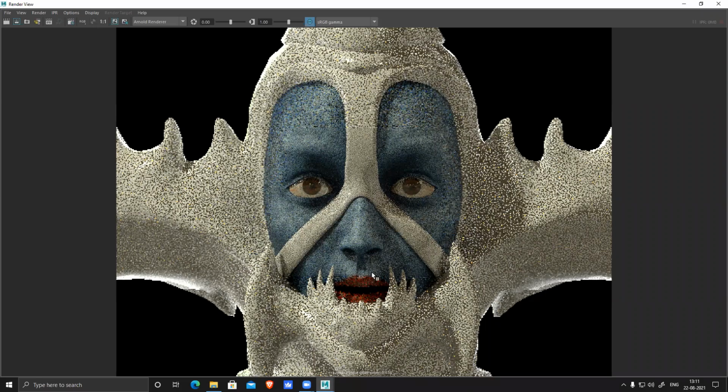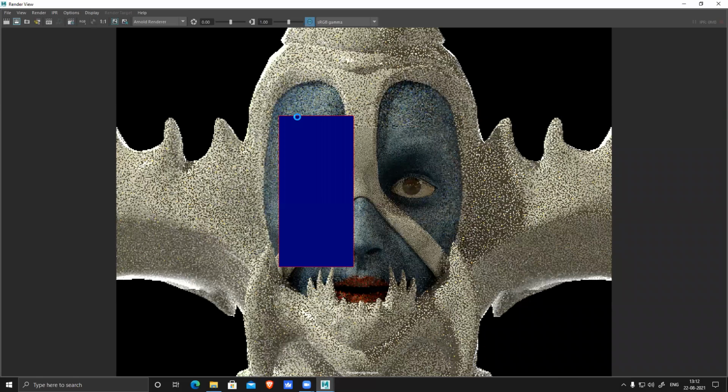Maybe only this section I want to render. This red line is the region I have selected, and click on the second option this time, render region. So based on this, it will render only this section. This render will take a little time, because this will show you the final output based on whatever settings you have. Unlike IPR, which renders passes one by one, it will render at once. So this is faster. This is slower.